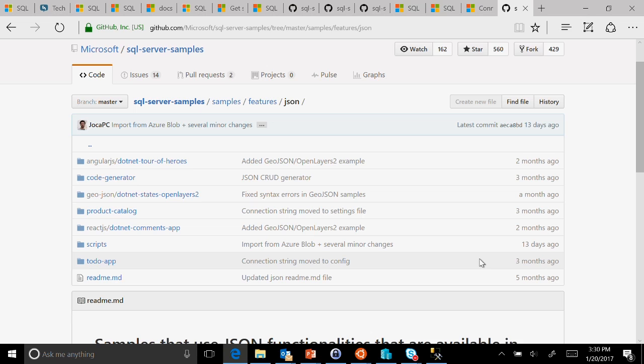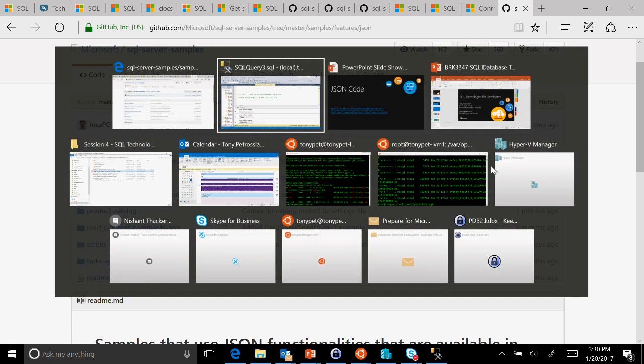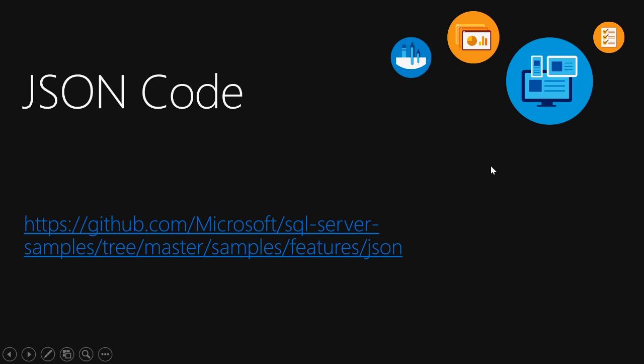So does that make sense? Is that an easier, better way than me showing you demos and pretending that I know everything? All right. So in the presentation, I've included the links, and the presentation is already posted. But even if you don't remember it, you just go to GitHub, Microsoft samples, boom, off you go.